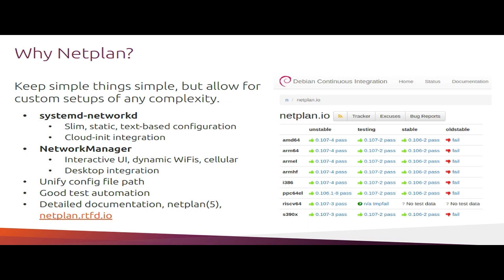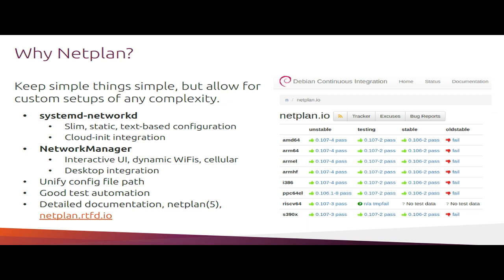While on the other hand, we have NetworkManager, which has a bigger footprint, but it is much better suited for interactive workloads, like on Wi-Fi, on desktop or laptop systems, because it can connect and roam to dynamic Wi-Fi APs. Like here at the conference, we have the DebConf network on one floor, then we have the hotel network on a different floor, and when you walk through the floors, you need to connect to this or that network. And that's much easier if you have a UI integration.